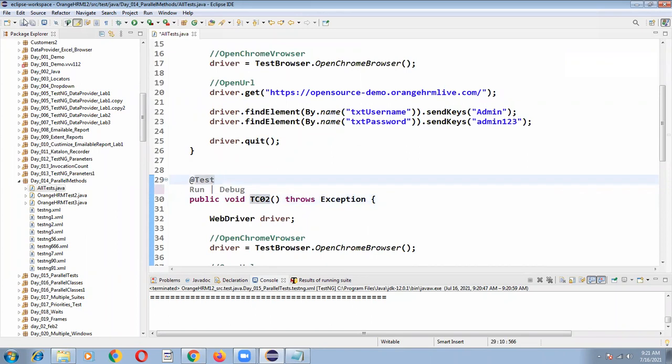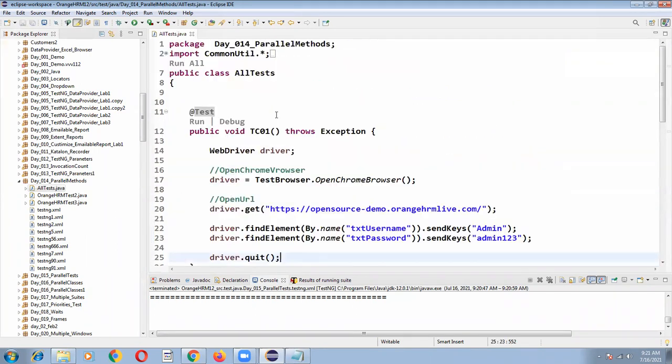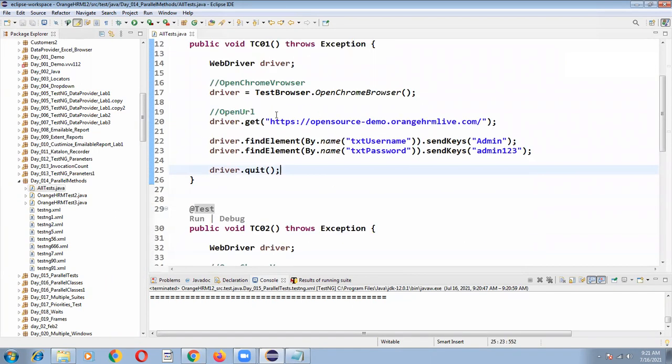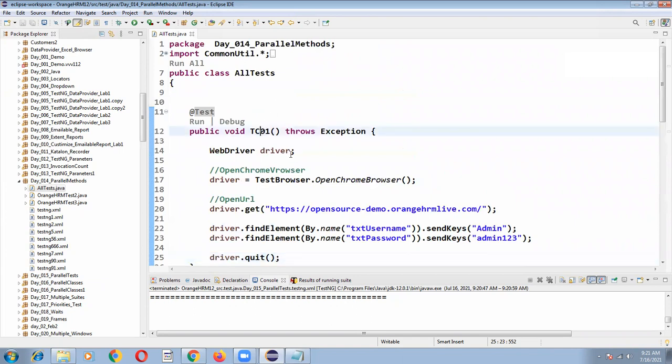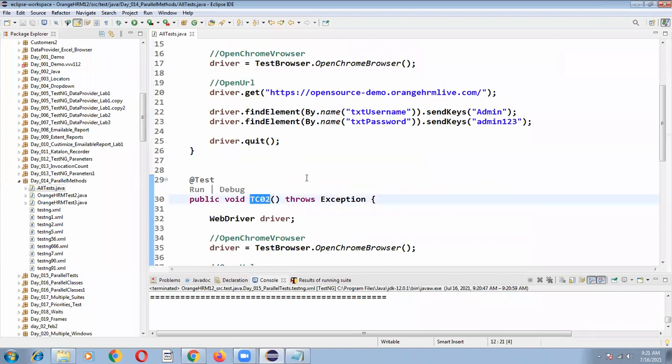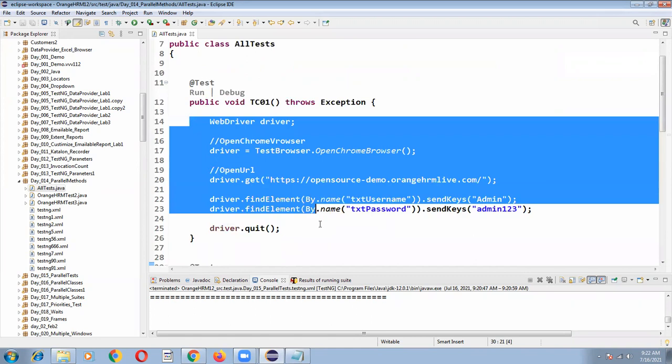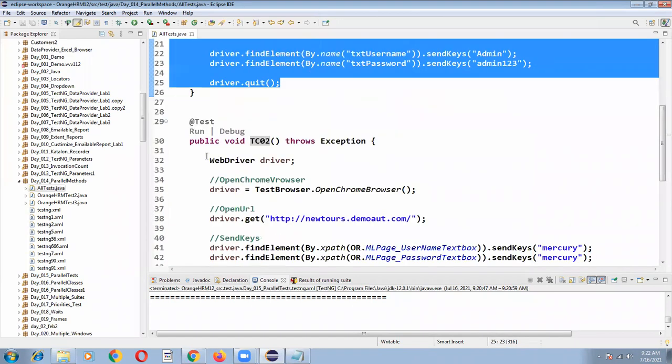I asked one person to automate TC01 add jobs, and I asked another person for TC01 add locations. I copied each person's code and pasted it here in my testng class like this.